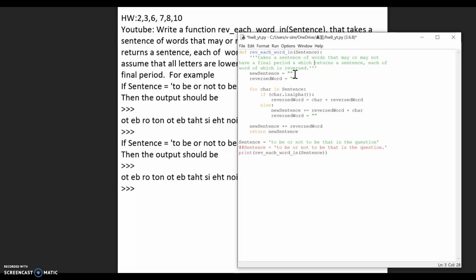For that, it will have the word reversed. So I use a for loop to do the whole process. I loop through each character in a sentence. If the character is alphabetical, it will add to the beginning of the reverse word, and if the character is not alphabetical,